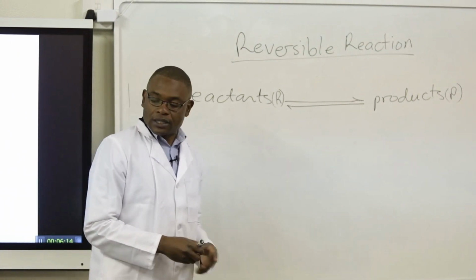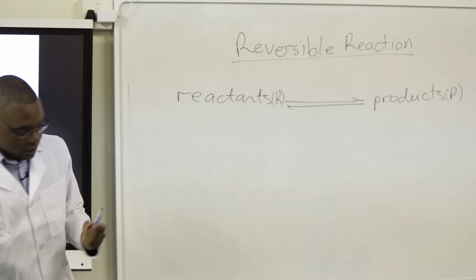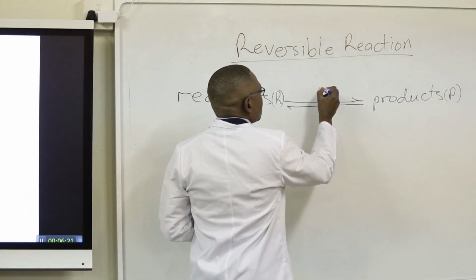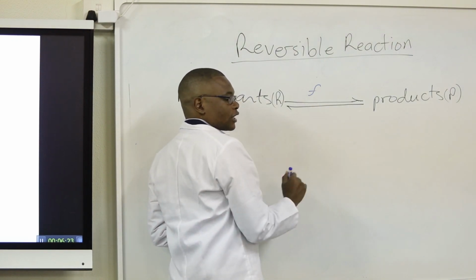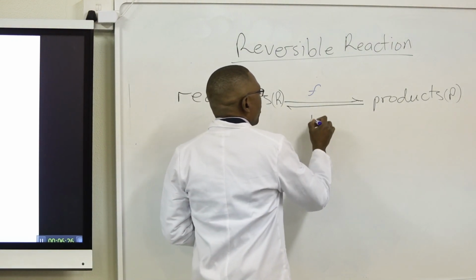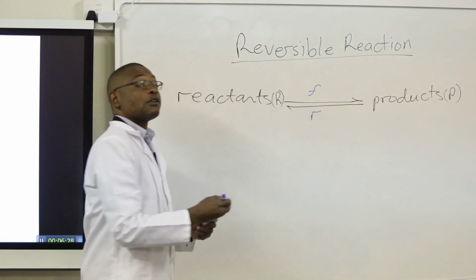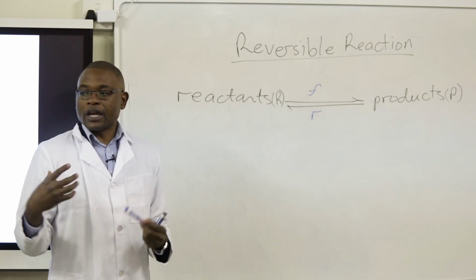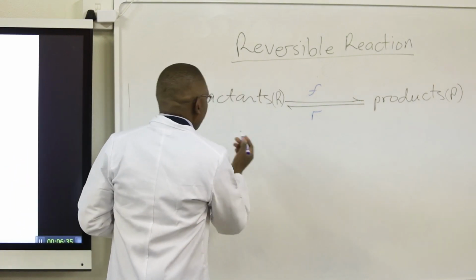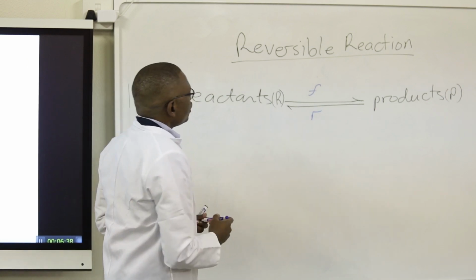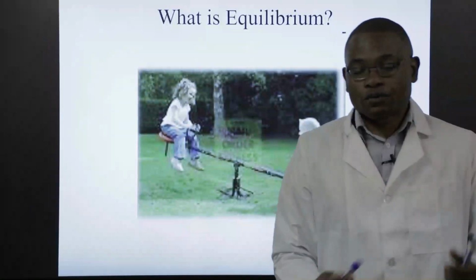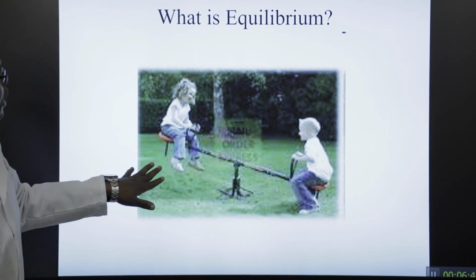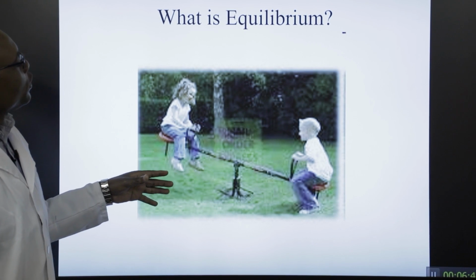So if I am to represent it here using symbols, I'm going to say F is the rate of the forward reaction, while R is the rate of the reverse reaction. So we noted earlier on where we agreed that when we are making representations of the rate of the reaction, how do things happen? So like in this case, if you look at this picture, you can see that